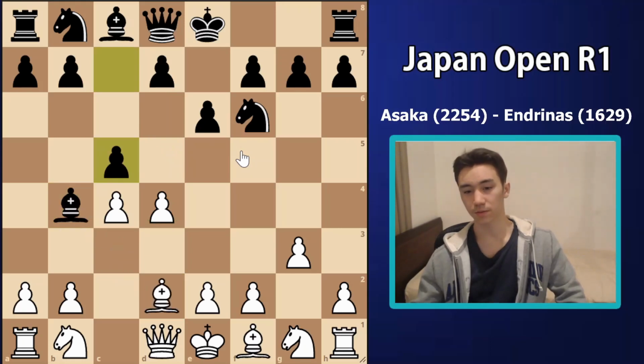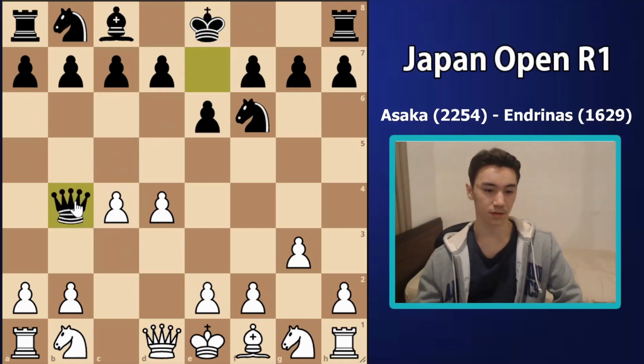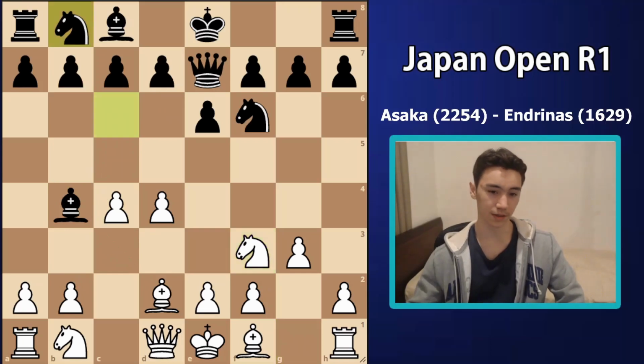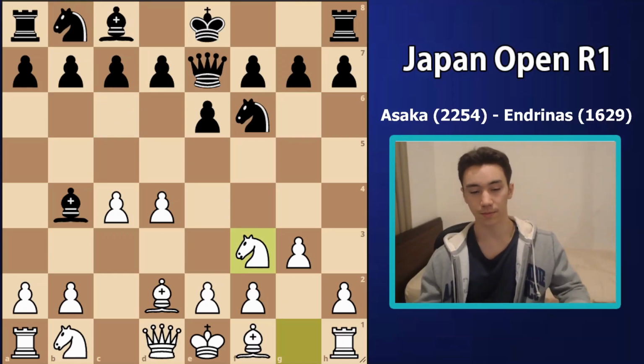But my opponent plays the move I'm most familiar with, and I've actually played before with Black, which is Queen e7 here. The idea is, of course, if they take, Black takes back with check, and there's a bunch of annoying threats here, so White shouldn't take. Instead I play Knight f3, just developing my knight. Black plays Knight c6, and I actually had this position a year earlier against the same guy,